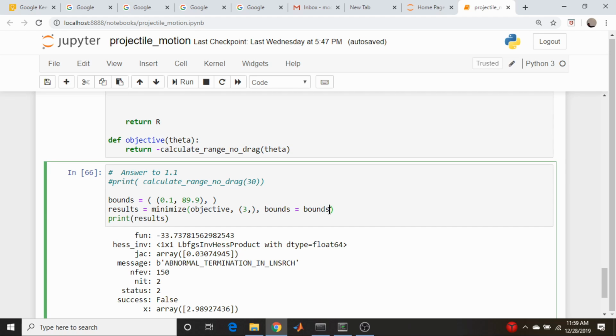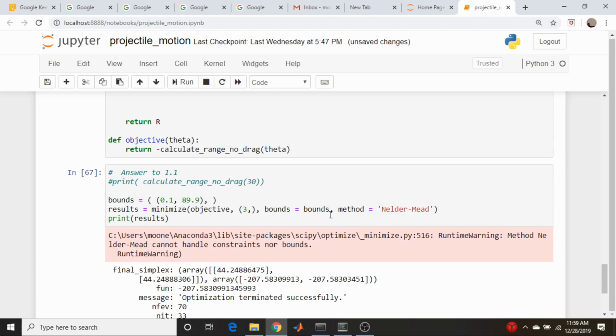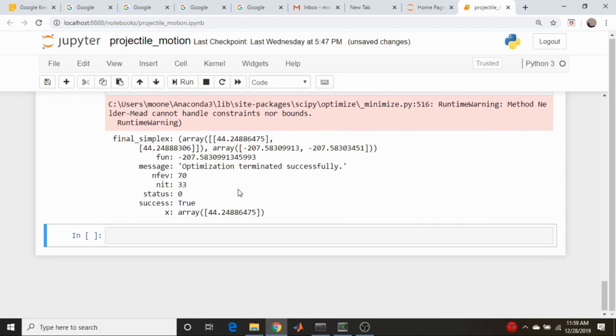One way to get around this is just to change the algorithm. So we're going to do a method, and that's going to be equal to Nelder-Mead, the Nelder-Mead technique, Nelder-Mead algorithm. So if we run this, we get success equals True, and we get an angle of about